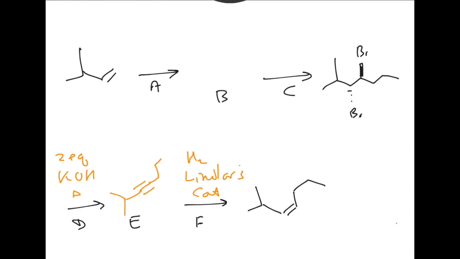C is Br2. Right? So that means where the 2 bromines were had to be a double bond. So then that gives you